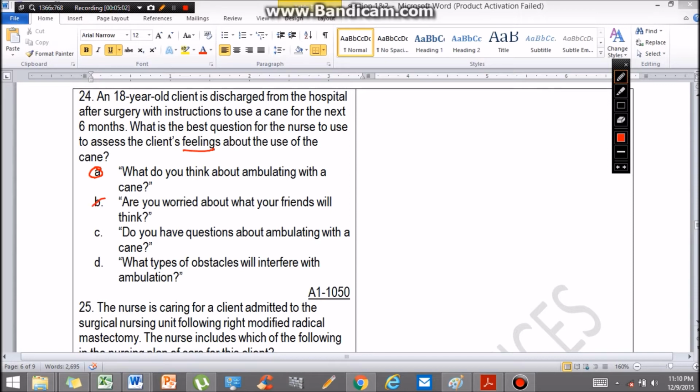First, let's eliminate B because this is a close-ended question. This is answerable by yes or no. And you cannot assess the feeling by just asking a question answerable by yes or no. Letter C is also a closed-ended question. So between A and D, the answer is letter A because letter D, let's eliminate, because this is not about feelings. This is about obstacles. So the answer here is letter A. Next,